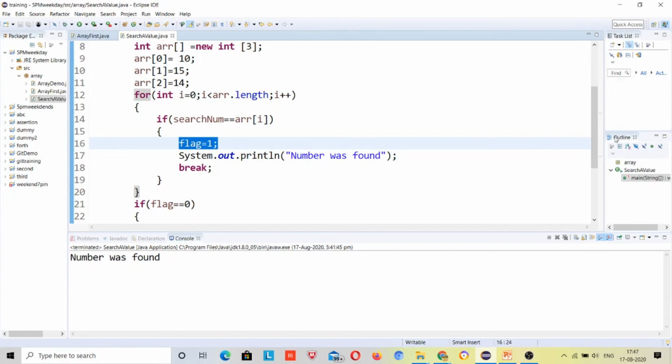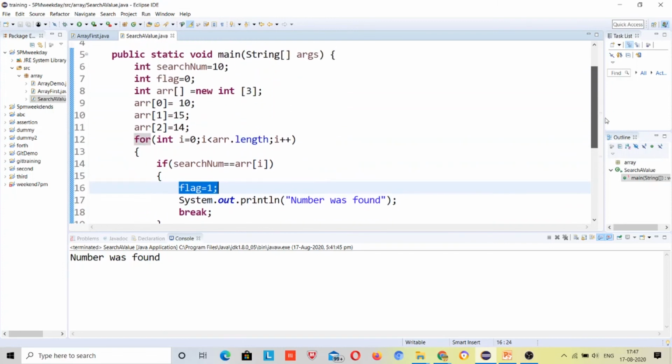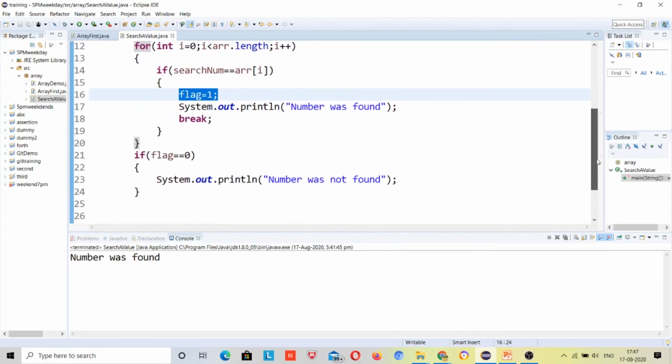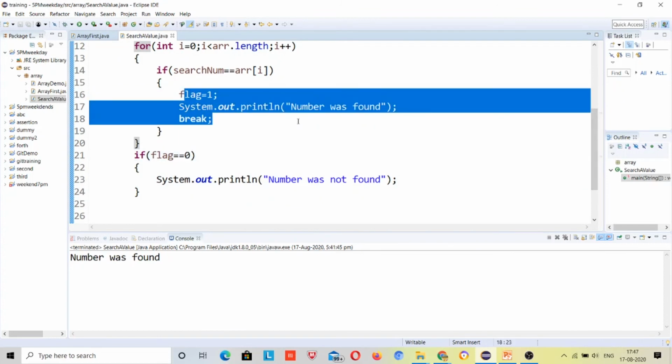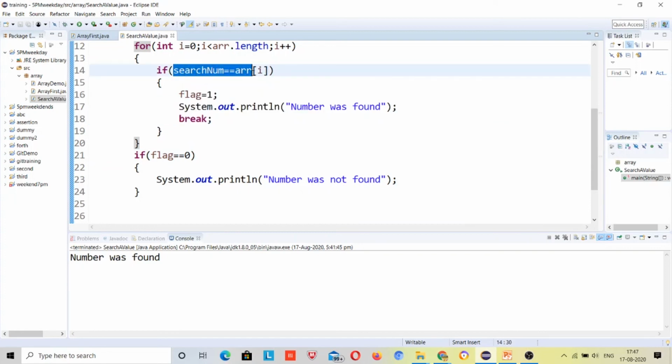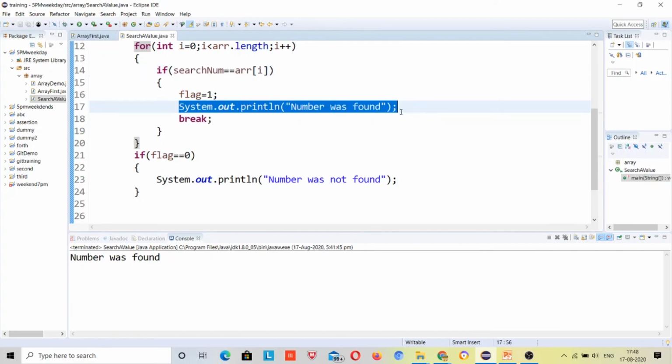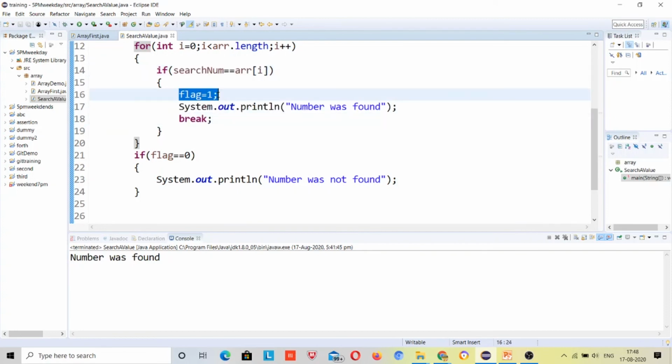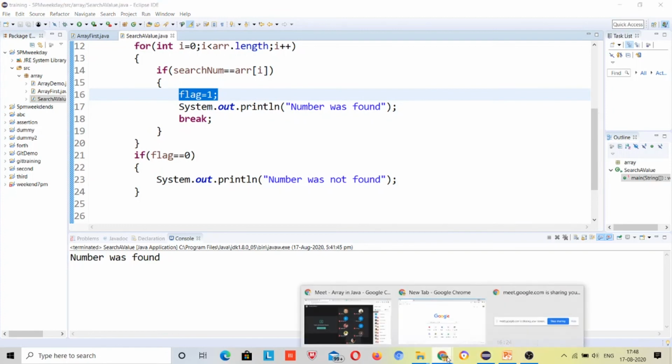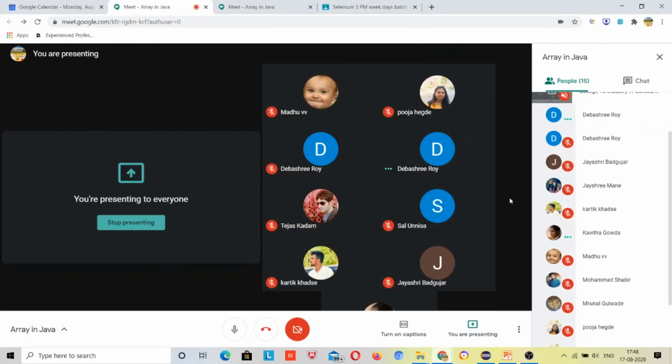So that's why we use this flag in this way to inform something, that if it went to the if block, then the flag value is updated, so that we can compare our results. If it's 0, then it never went there. And how will it go there? Only if the values are the same, and if the values are the same, then the number was found. If the number was found, just update this flag, right? So this way you can use it. I hope everybody got it.